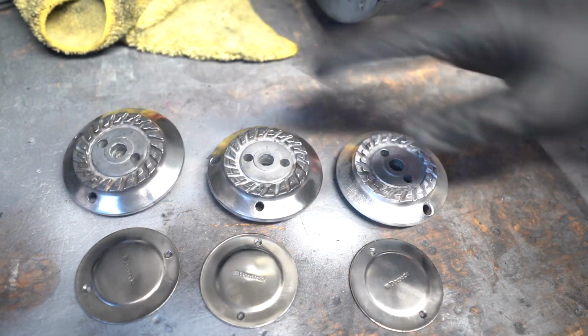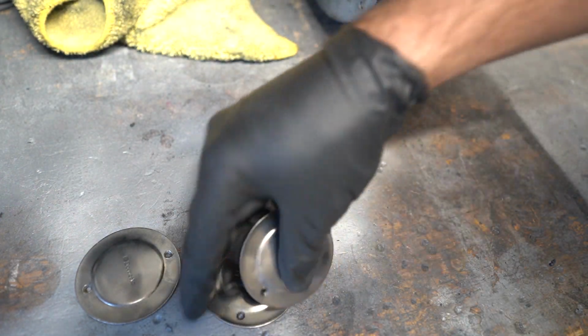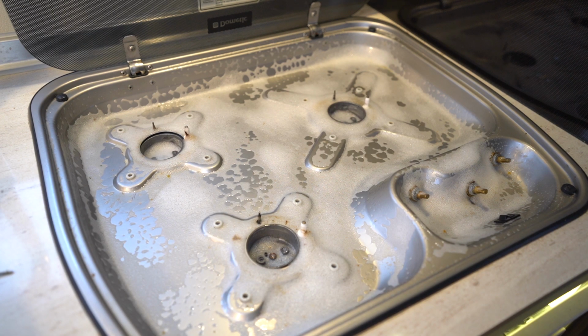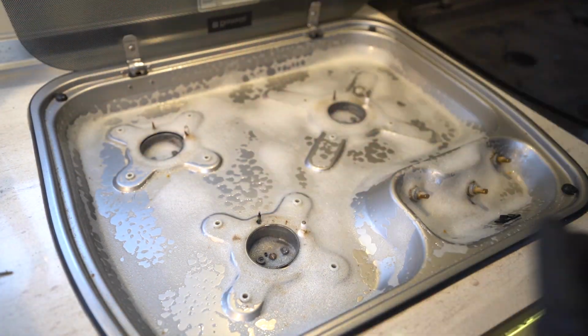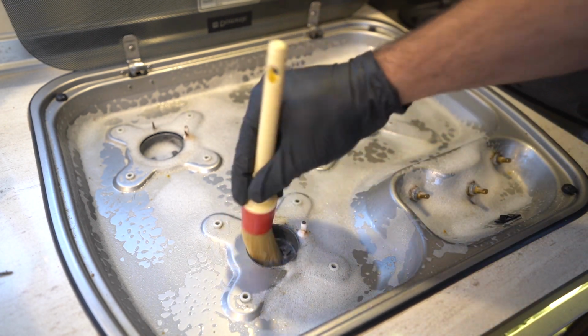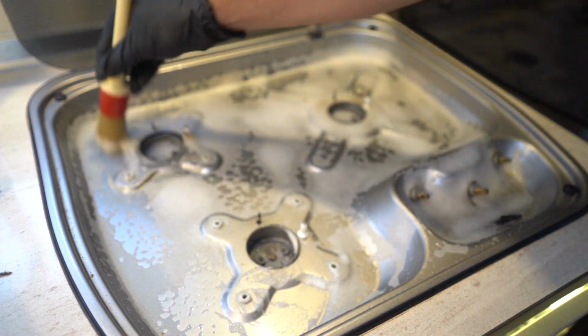Right, so these are all finished, so let's go and check on that hob that we sprayed with the Mr. Muscle. Hopefully that should be all clean now. Let's see how we get on. Okay, so here we are, that looks like it's soaked in really nicely. What I like to do is get a nice soft bristle brush and just agitate these areas where it's gone in, all around the thermocouples there,